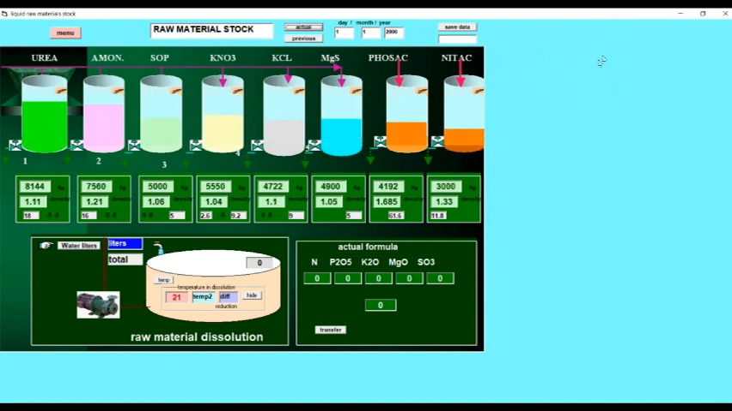For instance, here, I have urea, which is 1800 in liquid form. I have more than 8 tons. I have 7.5 tons of ammonium nitrate, 1600. I have potassium sulfate, 5 tons, potassium nitrate, 2.60, 9.2, and potassium chloride, potassium nitrate, potassium chloride,